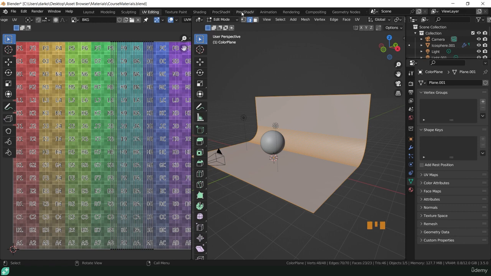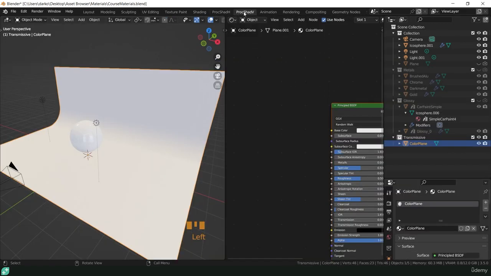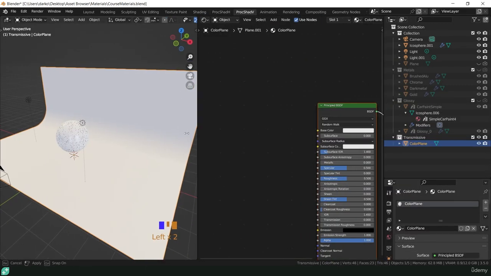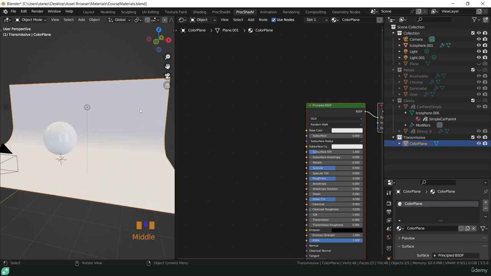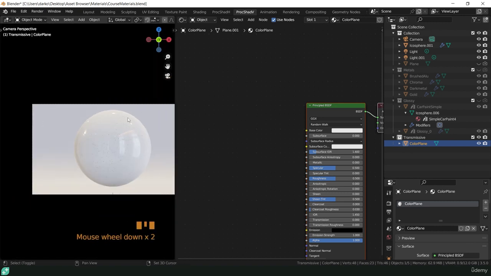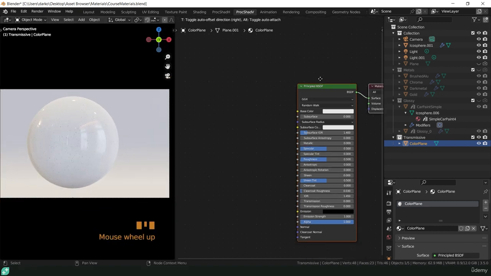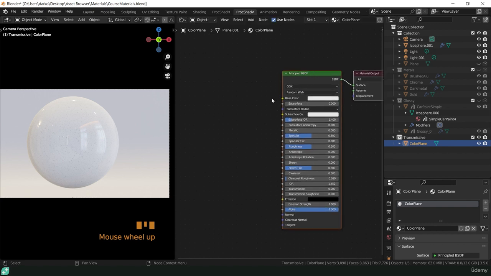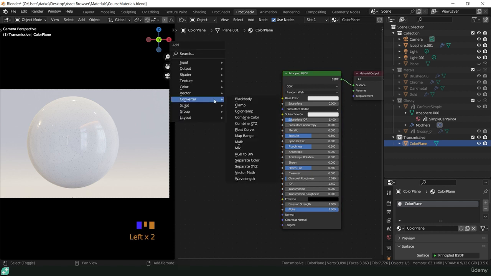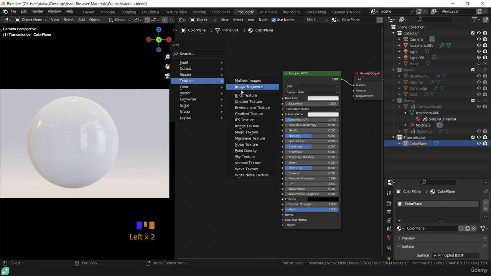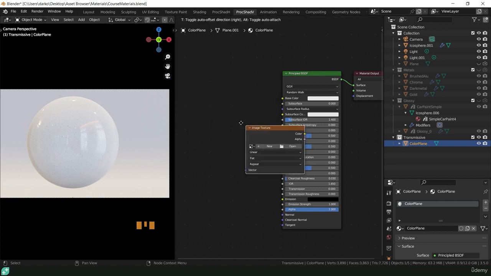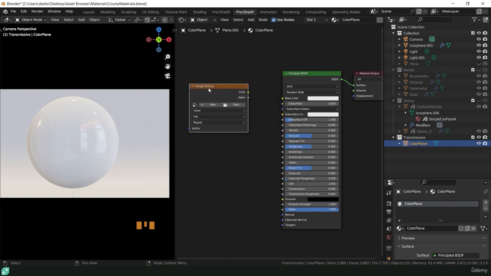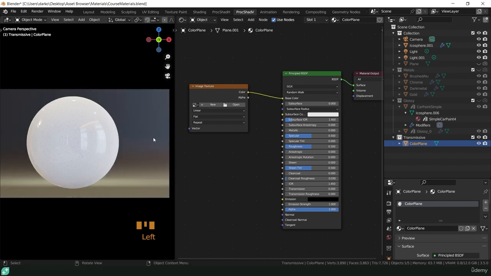So again, we're going to go back to our procedural shading window. We have our image there. Let's look through the camera. And at the moment we have this plain white background. And let's plug in this image texture. So where do we find that image texture? Well, it's pretty easy. We can use Shift A and go to texture and then down to image texture. And within this image texture we can just grab this output, plug it into base color, and at the moment